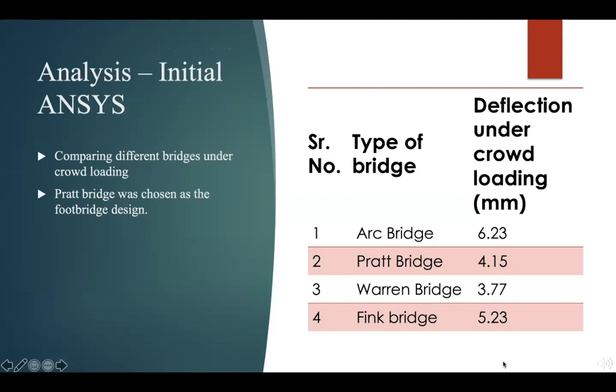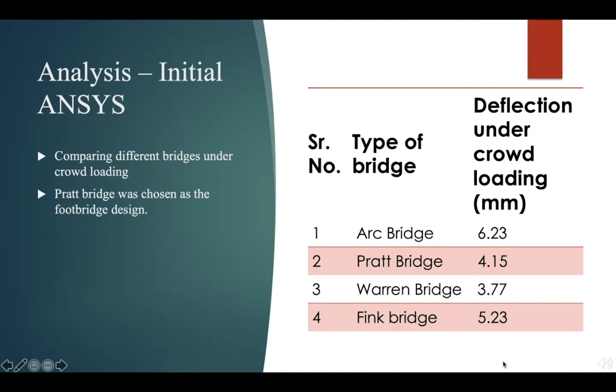After the initial analysis was done, it was found that the deflection in the Arc Bridge was 6.23 millimeters, 4.15 millimeters for the Pratt Bridge, 3.77 millimeters for the Warren Bridge, and 5.23 millimeters for the Fink Bridge. As you can see, the Warren Bridge shows the least amount of deflection under crowd loading or load caused